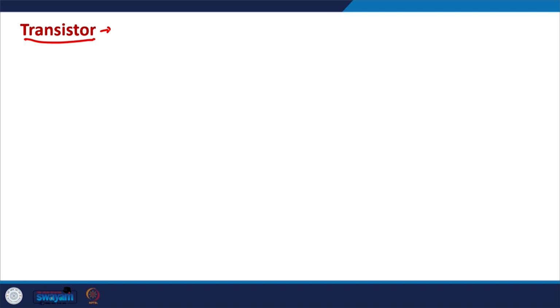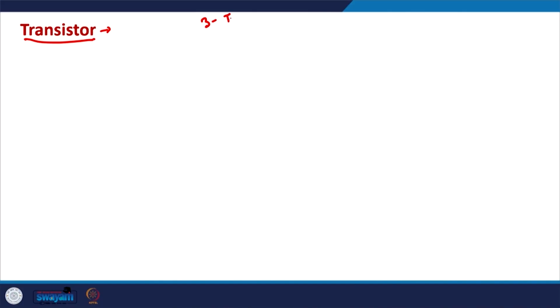As the name of the course suggests, this course is about electronic devices, and specifically nanoscale devices. The electronic device that we are mostly concerned about is the transistor. Let me take a moment and let you think: what is a transistor? If you think about a transistor, I guess you would think that it is a 3-terminal device.